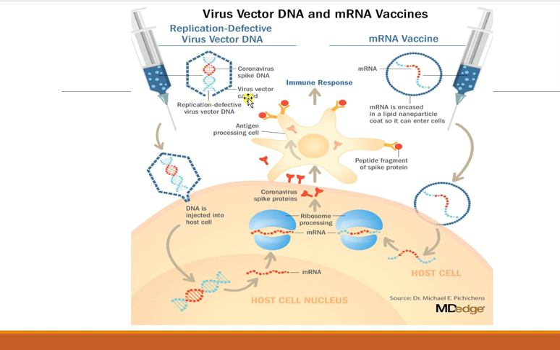So the replication-defective virus vector is made in the lab, and enough of it is injected into you. Once it is injected, it goes and degenerates and is able to express its genome, and the genome is broken down so that the specified amount of mRNA is taken to the ribosomes,